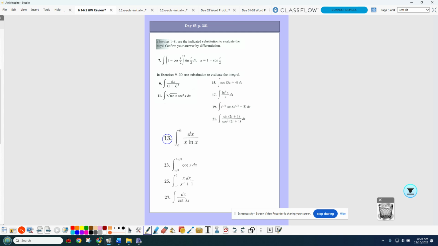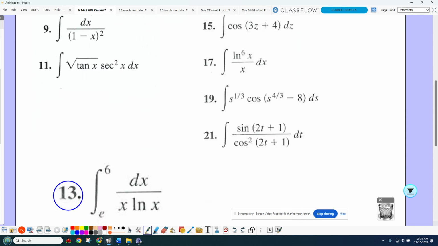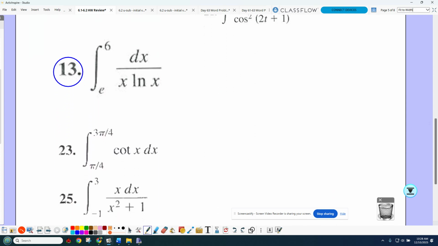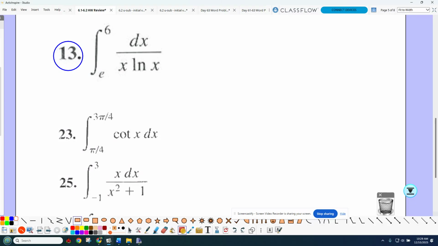Any of these guys, in particular 13, which was on last night's homework? Okay, then I ask about 13. How do we do that? Constantine? Well, I made u equal to ln x. Okay, so my suggestion to you guys was